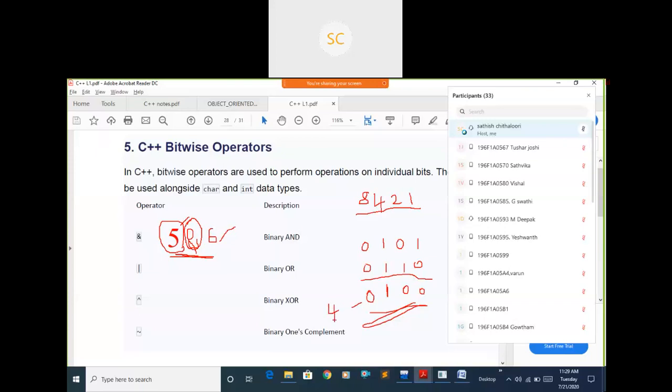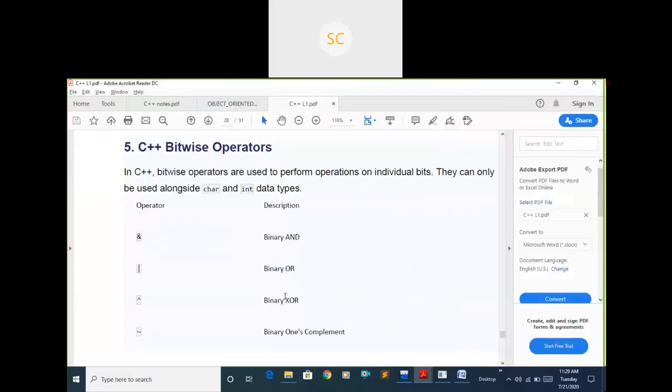Like this, these bitwise operators will perform. Whatever operation you are doing, first the values are converted into binary format, then it will perform a logical AND, OR, XOR or any operation. All these operators perform only after converting into binary. I will show one output for this, then you will get a clearer idea. If I use 5 and 6, you get 4 as the output, right? Okay, let's see one example.